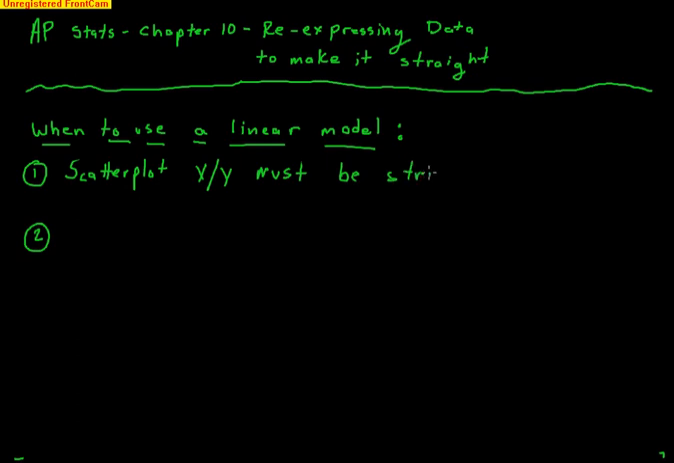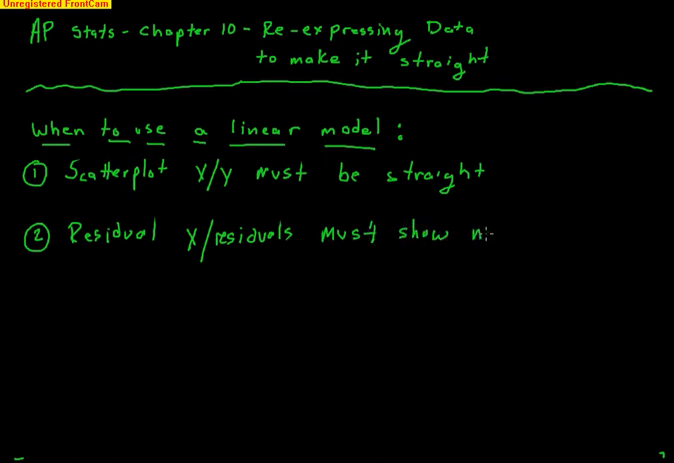Now, when we say straight, it's never going to be perfect, but we can't see a major curve. If you look at me like, wow, I see a curve, then obviously it's not straight. Also, the residual plot, and you remember the residuals is x versus the residuals, must show no pattern. Those are the two things that we check to make sure that we are doing the right thing by using